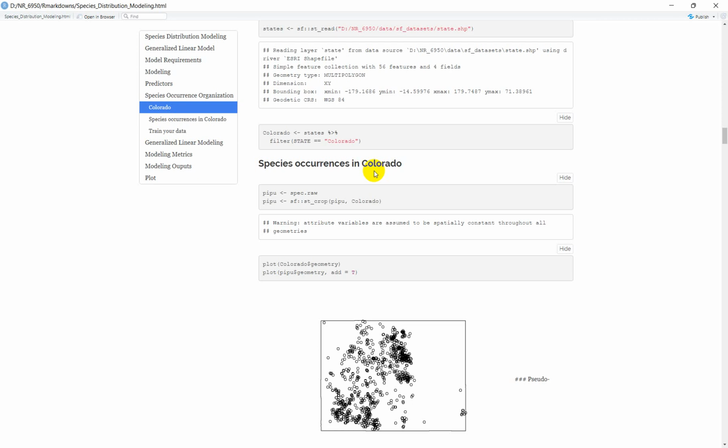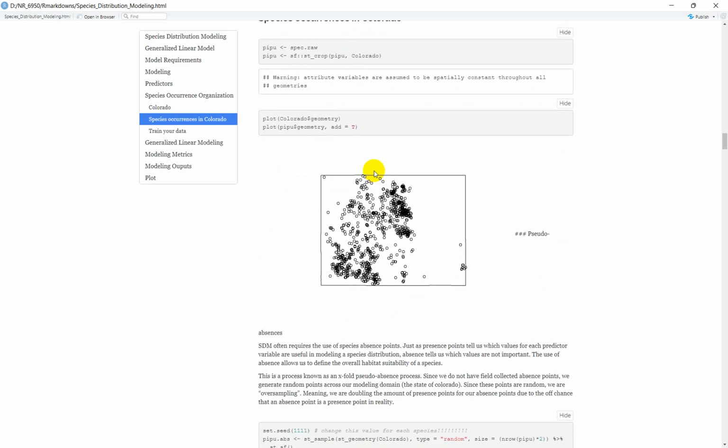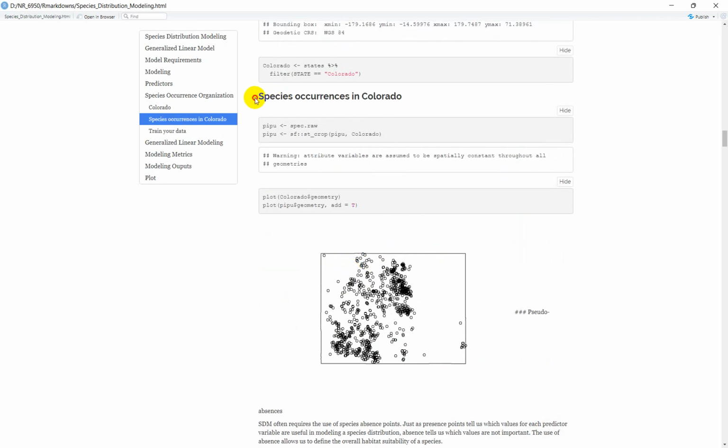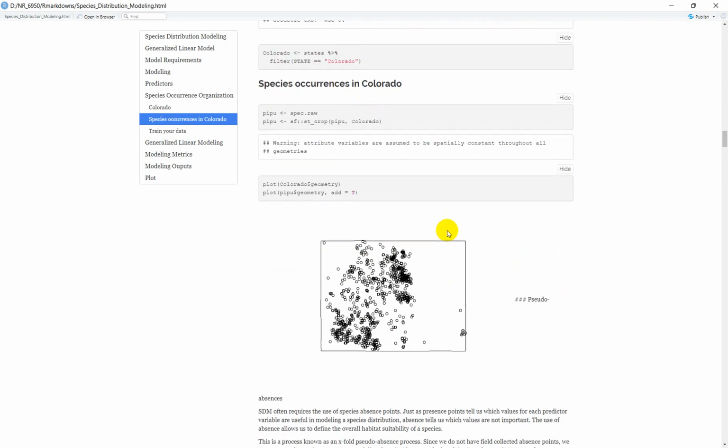So you can add in a box. It's easiest just to download it, which will probably download for all of North America, and crop it to whatever your modeling domain is. This should be its own separate title here, so you can ignore that. But I have cropped the occurrence data and plotted them within Colorado. This rectangle is Colorado, and here we have occurrences of